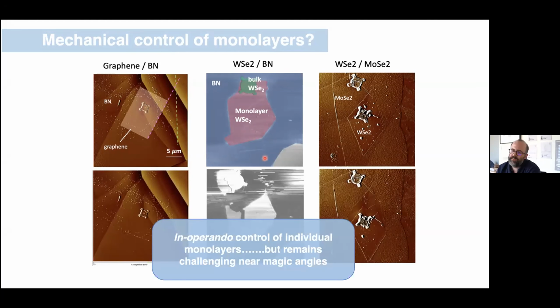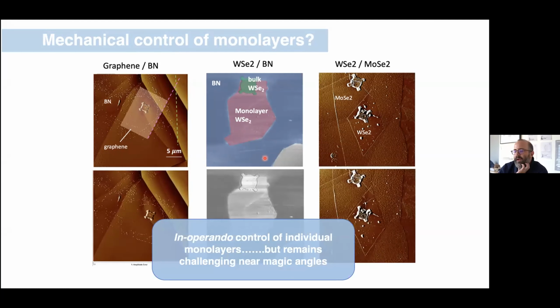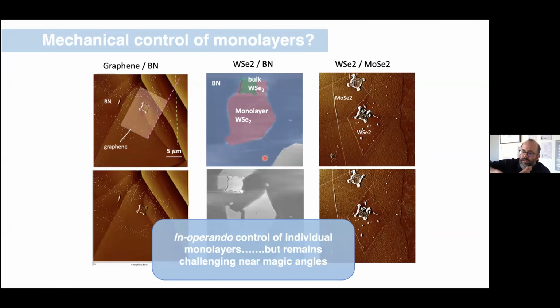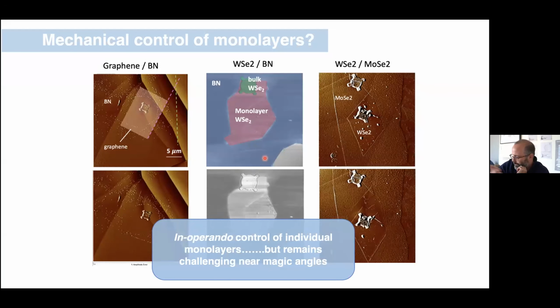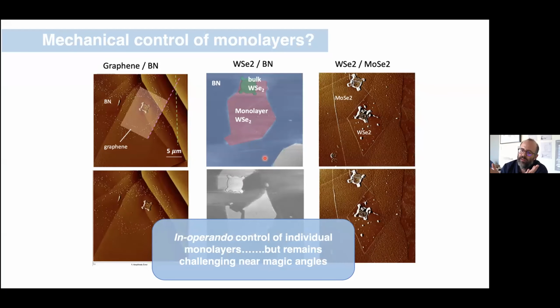Okay, so this is great. The challenge is that what we've learned over time is that suppose we want to twist graphene to the magic angle. We can freely twist from 5 to 30 degrees repeatedly and with very little difficulty and with high angle resolution. But if we try to twist between about 5 and 0 degrees, the problem is that the system wants to migrate all the way to 0.